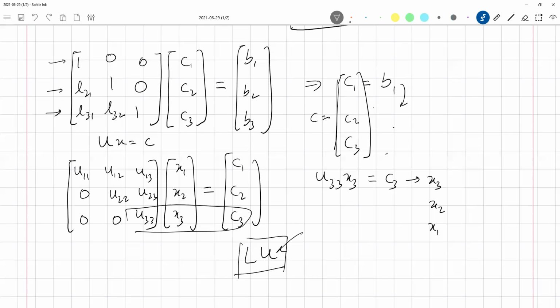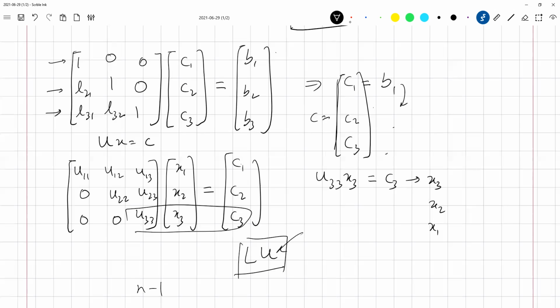Minus? What do you mean minus? I can't understand. Can you repeat? Yeah, n minus 1. Why do you say that? So in the first case, let us look at going from top to bottom.